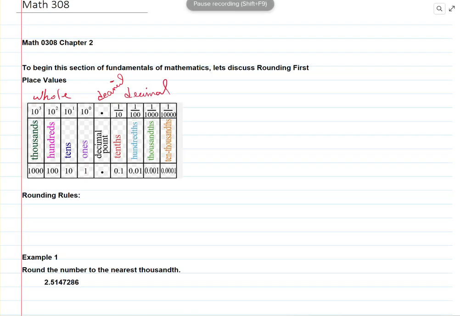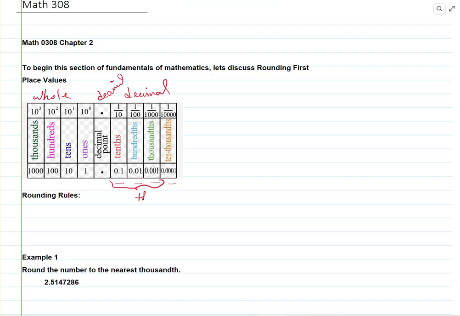And this chart is very good because it shows you that tenths is one place value, hundredths is two place values, thousandths is three place values, and ten-thousandths is four place values. We don't go past thousands. So now that we know place value, and this is units, ones, tens, hundreds, and thousands. On this side,